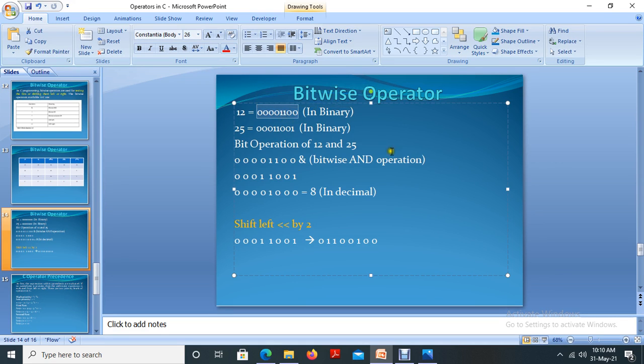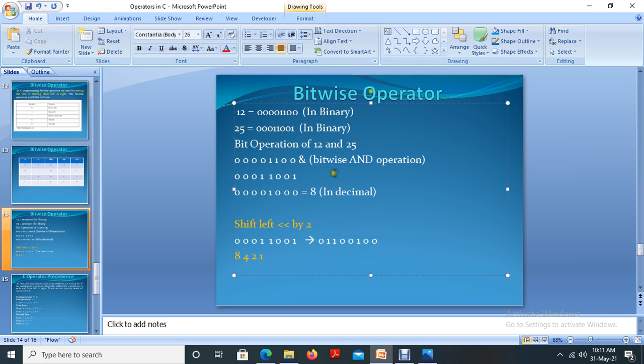If the value exceeds that limit, then we have to go for 8 bits. In the case of 12 we don't need more than 4 bits because it's within the 4-bit limit, but 25 is above the 4-bit limit. The 4-bit limit, in the sense of normal calculation, is for 8, 4, 2, 1.